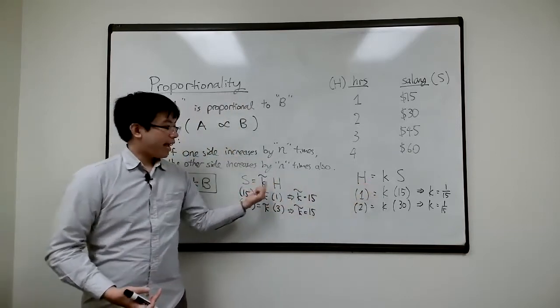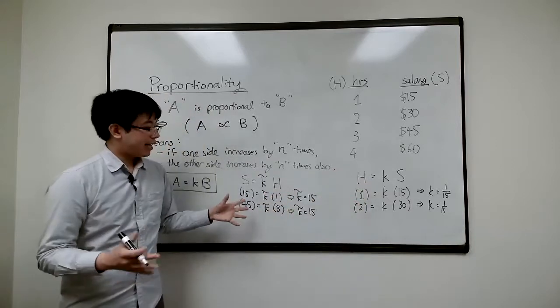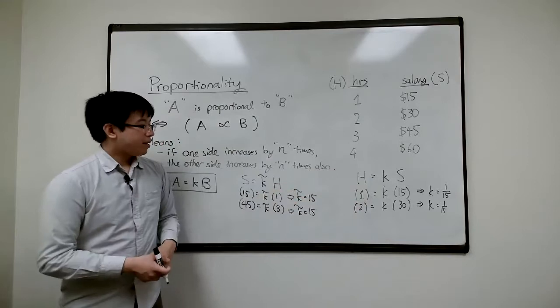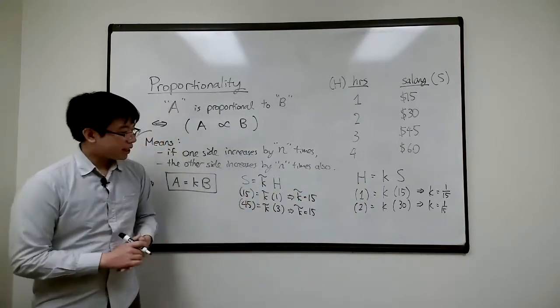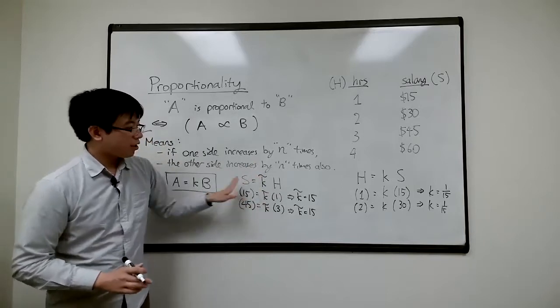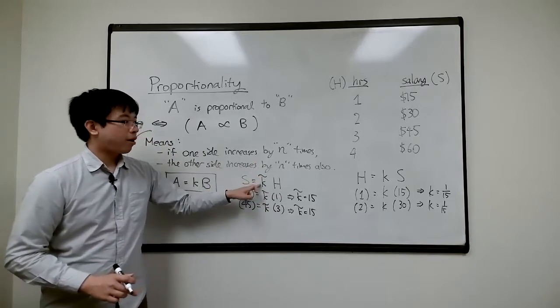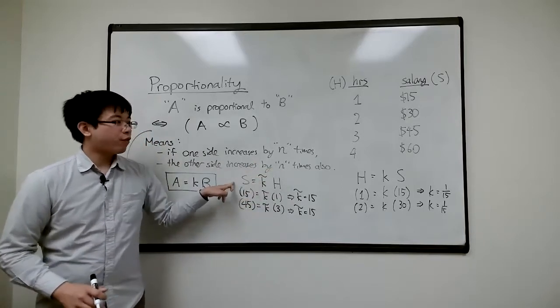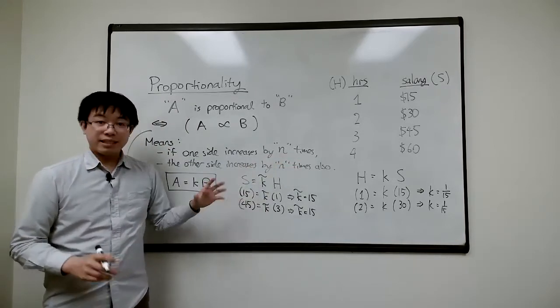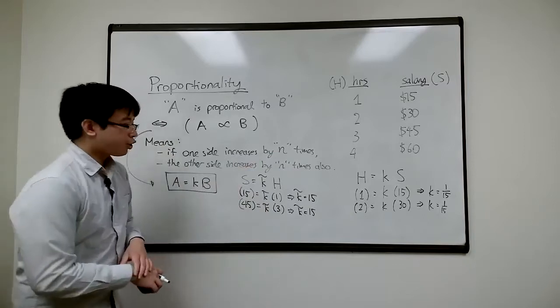Incidentally, your k will not be the same as my k, but that's fine. In fact, they're just related by one being 1 over the other. The k is not so important. The important part is that it remains a constant. As long as you have some constant, no matter which side you put it, you can easily divide it over to the other side. Then we say that the two things are proportional.